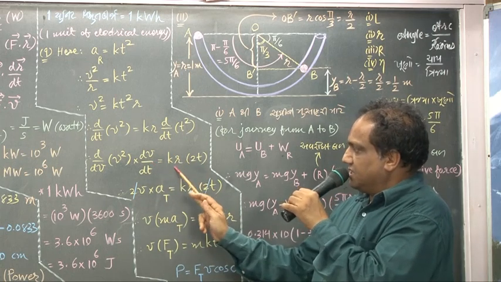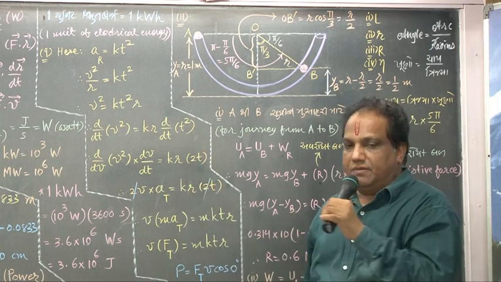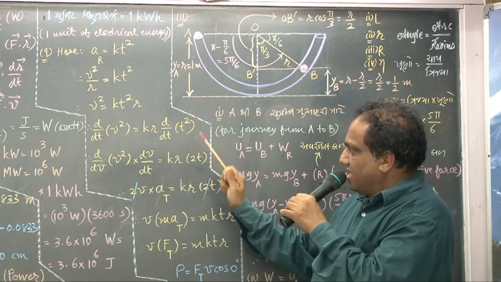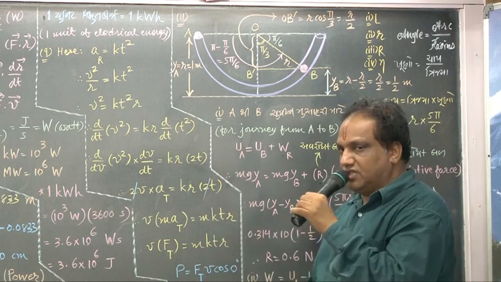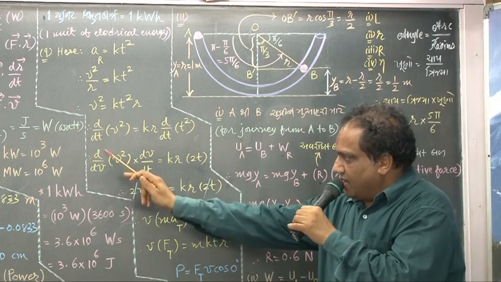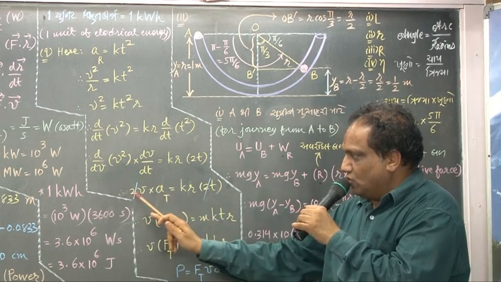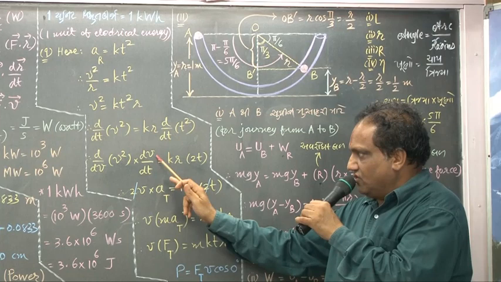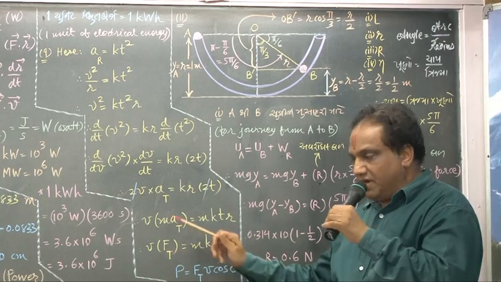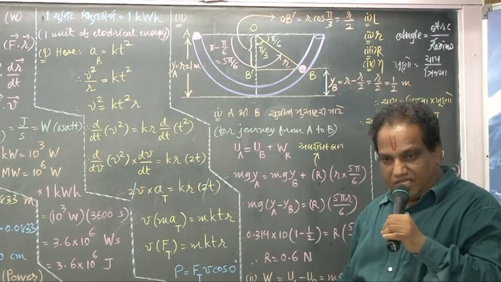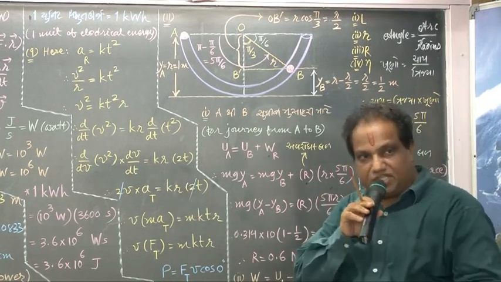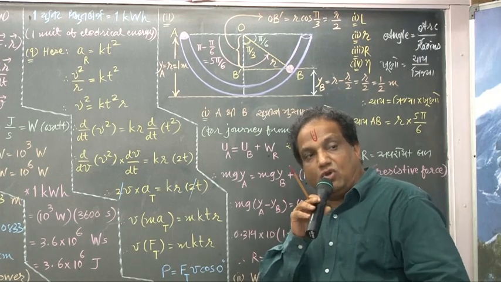Here k into r as it is, d by dt of t square. How much is it? 2t. The power becomes a multiplier, t raised to 2 minus 1, that is t raised to 1, that is t. Now d by dv of v square is 2v. Time rate of change of velocity will give you acceleration. But why am I writing a t, tangential acceleration? What is this velocity? Tangential velocity.